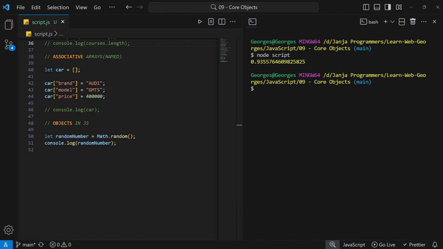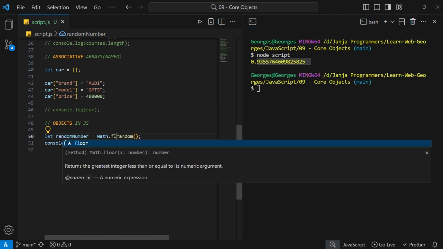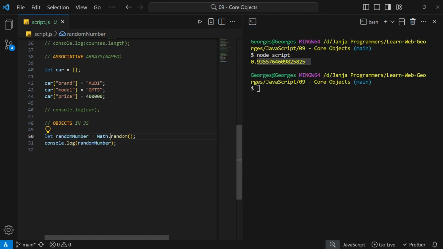But you see that this is a very long value, or rather too many decimal places. So you can now use the dot round. Here is where you can appreciate the dot round. And this is also a method. So you just take random as an argument, such that whatever is output here will be rounded off to the nearest integer. So when you run the script,